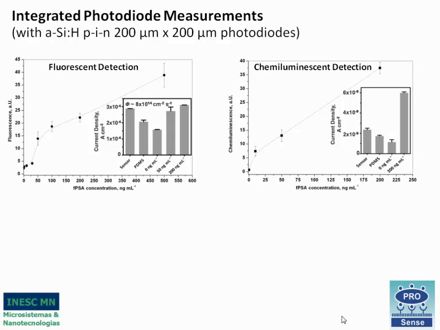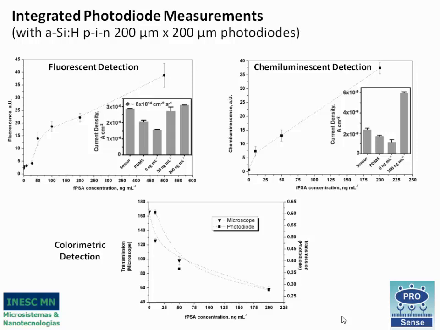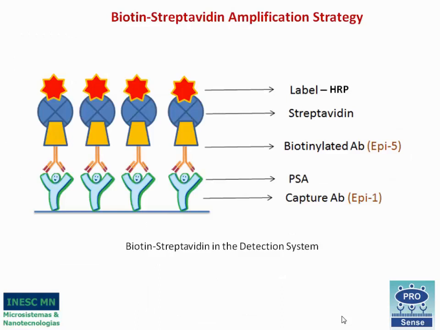When it comes to chemiluminescence, the resolution becomes a bit less reliable. And then also the colorimetric detection shows the alignment of the microscopic and the photodiode readings. However, it would be desirable to have still a further resolution in the clinical range using yet another strategy that could be employed in the biological or the molecular recognition that we would be seeing now, for which we will